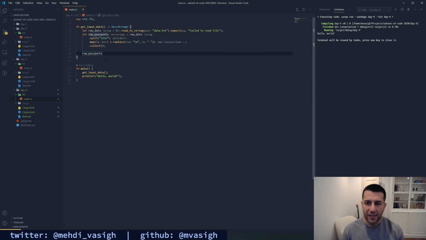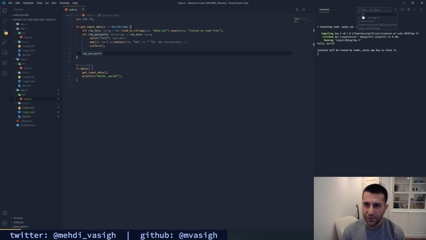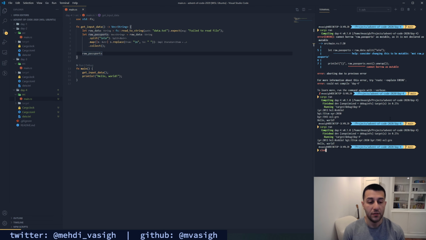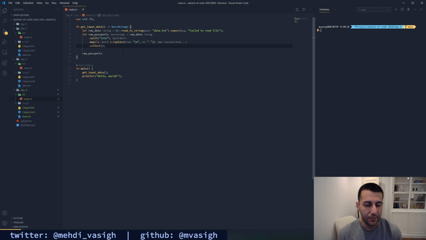So just based on my lack of understanding of what was going on, I kind of did things in an easier way, which was to just collect this whole thing and return a vector, which is basically, if you're familiar with JavaScript, like me, kind of like an array in JavaScript. And Rust has arrays as well, but they're of fixed length, unlike JavaScript arrays, which are kind of like this dynamically allocated, ever-growing collection type. So this is going to give us our input data as a vector of strings, which is good enough.